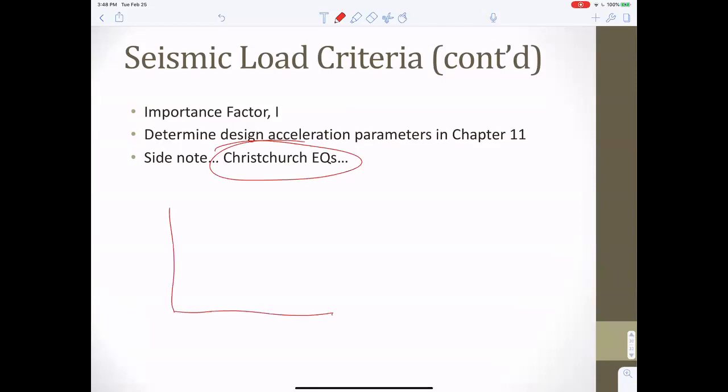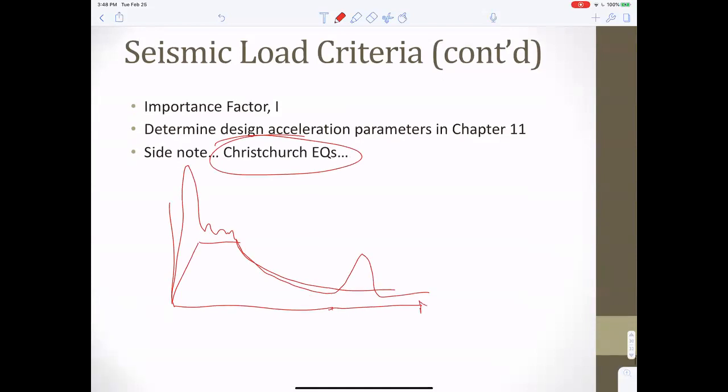So typically, you have these load spectra like this, and then you can actually construct these spectra if you have the earthquake record. And so in the first earthquake in Christchurch, I can't remember what it looked like, but it looks something like this. They had a spectra that looked like that and like this. And so there are certain periods of, and this is the period of the structure, and this is spectral acceleration. Anyway,